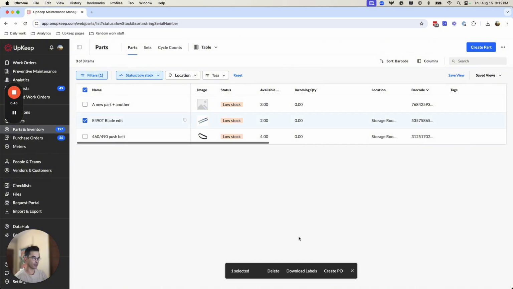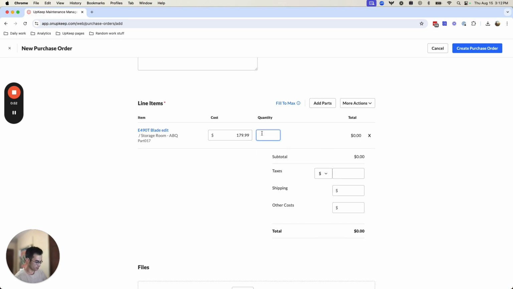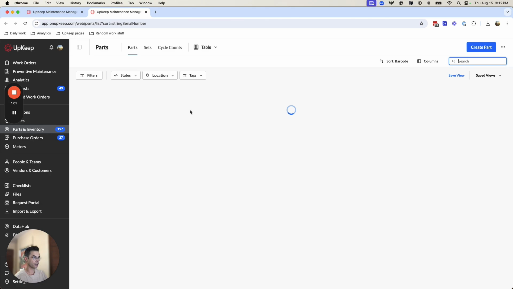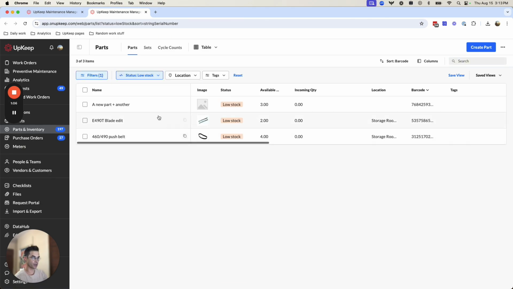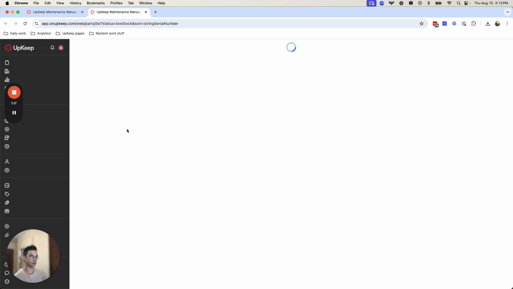So I'm going to go ahead and create a purchase order for this. Demo PO. And let's say we need to buy 20 of these. Go ahead and create the purchase order. Now if I go back to my parts and inventory list and refresh, look at my low stock parts again. Okay, so I still have 0 incoming quantity, but once the PO has been approved and we actually are going to go ahead and receive those parts, you'll see if I refresh this list